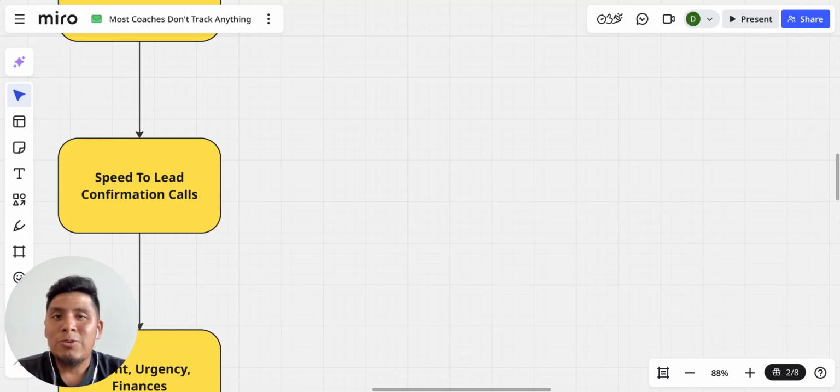But in most cases, if you're running it to a cold audience, you want to have these quick 5 to 10 minute confirmation calls. And you want to make sure that you have the highest pickup rate by doing speed to lead. Now,